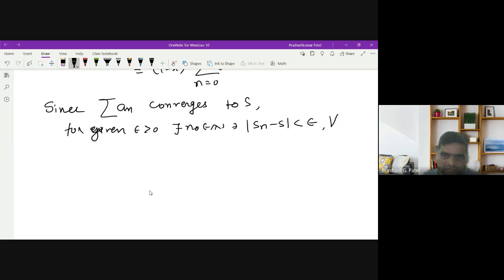For every n greater than or equal to n0, so whenever n is bigger than n0, this will be less than epsilon. What we'll do for all the values, so we have now the value of n, that means in this summation,